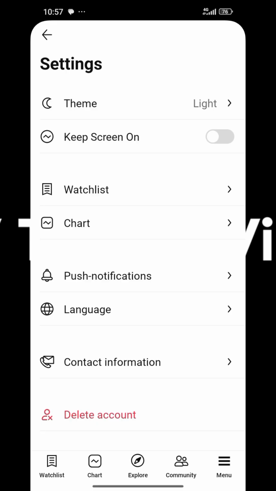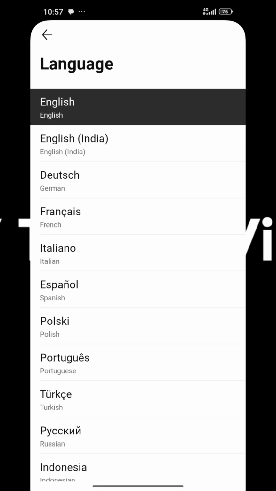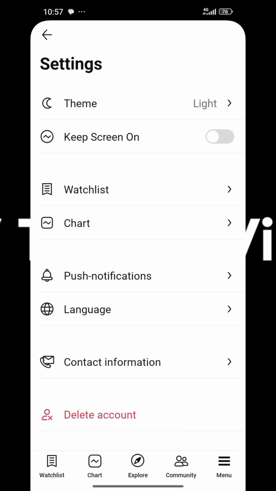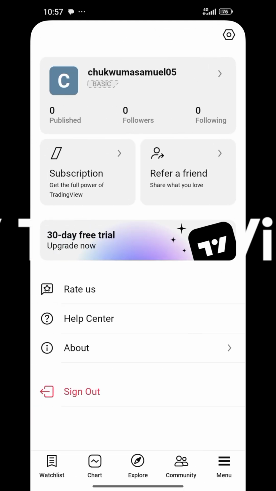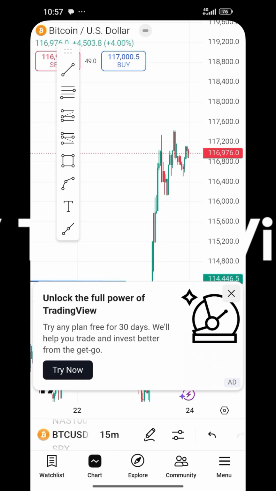You can also change the language. Yeah, it's in English. You can change to any language of choice. Then